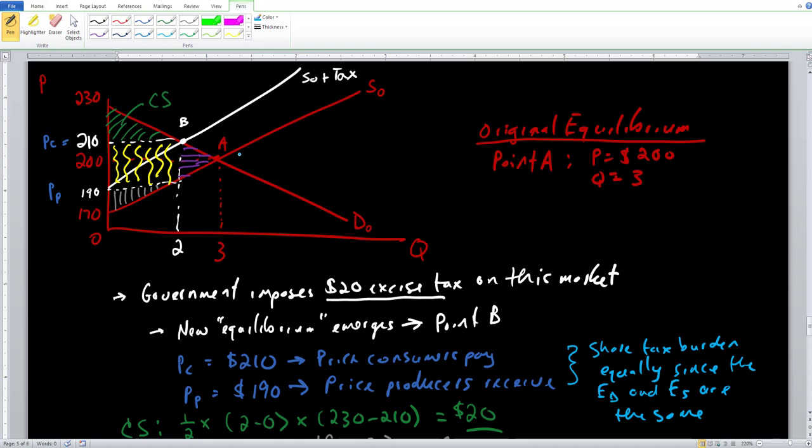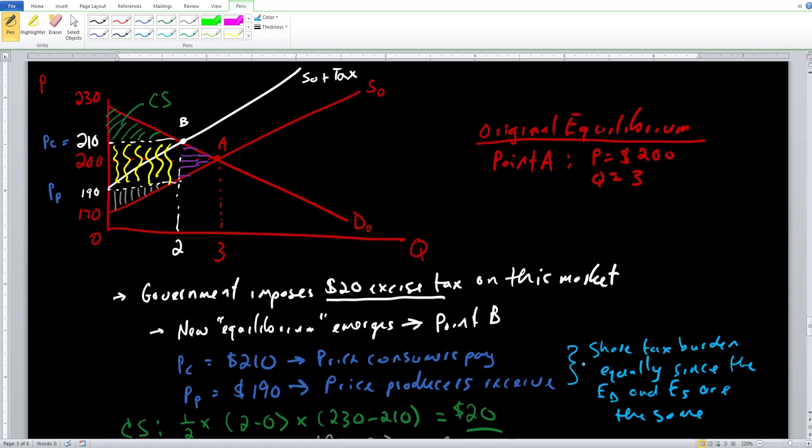We can do the same exercise with the supply curve. What happens if we made the supply curve a little bit more inelastic? We made it a little bit steeper. What happens if we make it a little bit flatter, make it more elastic? So we can go ahead and do a whole combination of all of these things, and we would get a lot of different answers depending on what we built up.